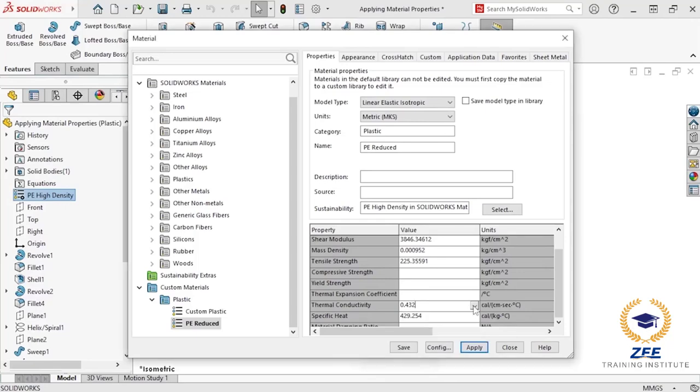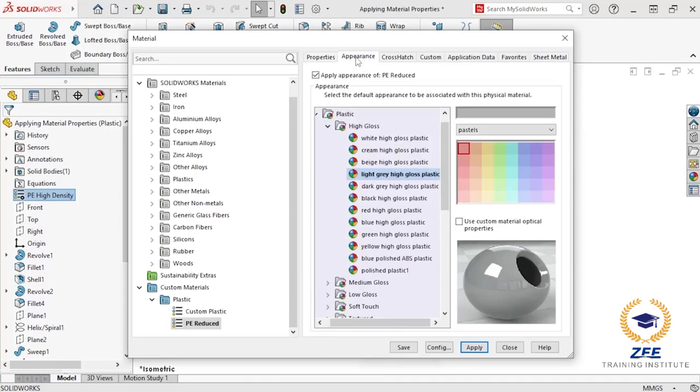In addition to material properties, I can switch to the appearance tab to edit the aesthetic look. Checking the apply appearance checkbox will apply visual properties to the part based on the appearance settings below, while deselecting this box will only apply the material's physical properties. Note that you can only modify the appearance of custom materials, not default materials. I will leave this checked, and in the appearance section below I can choose an option from a variety of folders in the appearance tree, or use the custom color controls on the right to specify a new color to apply. I can use the drop down to filter by grayscale shades, pastels or standard colors,